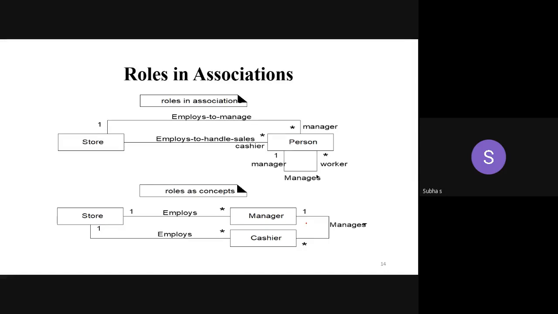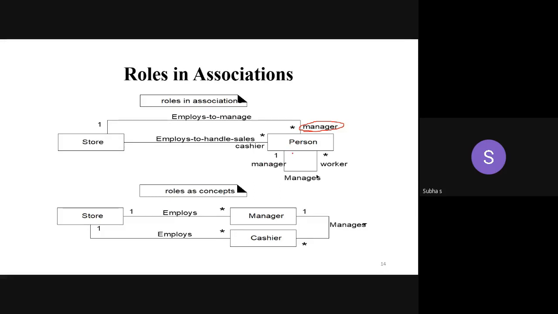Next, we saw about role, where you have to mention the role at the end of the class. Yes, this is called role. Here the role of person is what? Manager. The role of student can be what? He can be a blood donor. He can be a social worker. He can be a sportsman. We discussed previously. So role means, in that particular application, what is the role of the particular person? Yes. So one person can have different roles.